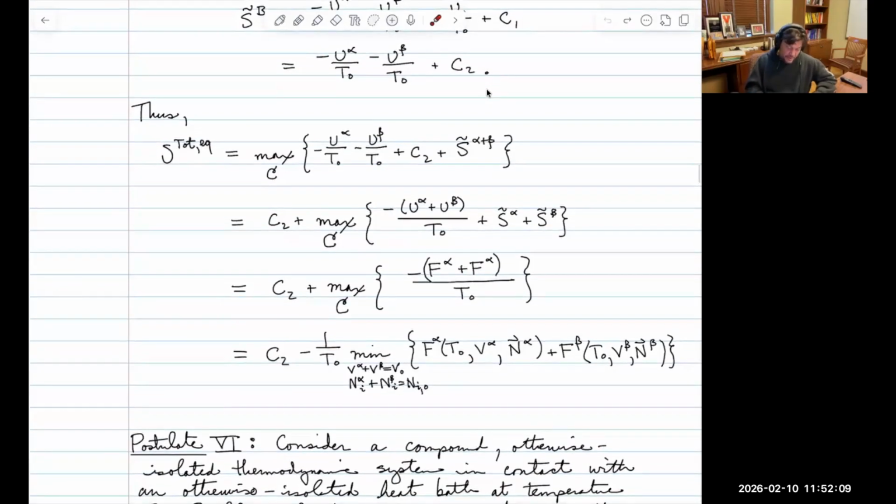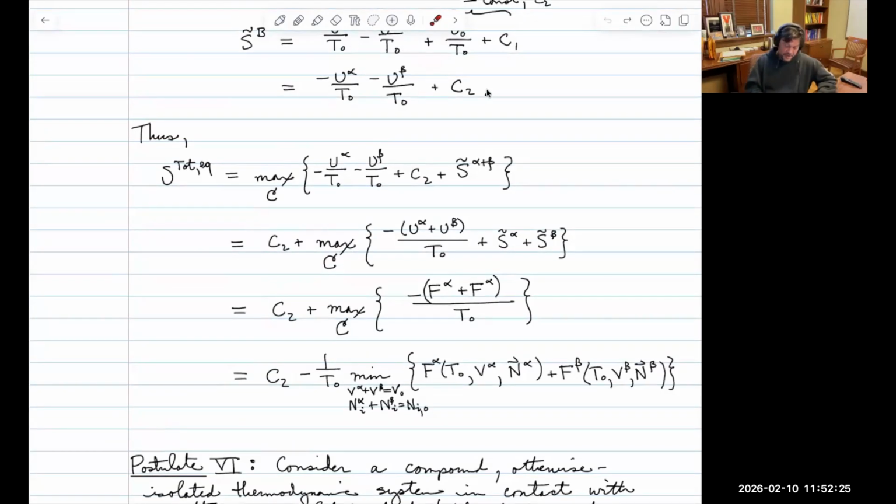All right, but there's a constant here that doesn't get involved with the maximum, so we can bring that out. So we're taking only the maximum of what's left inside. That characterizes equilibrium, certainly. But we view this here as just an expression that is essentially defining, or has in it, the free energies, right? So now we're going to use the fact that we know that for both of these expressions, the free